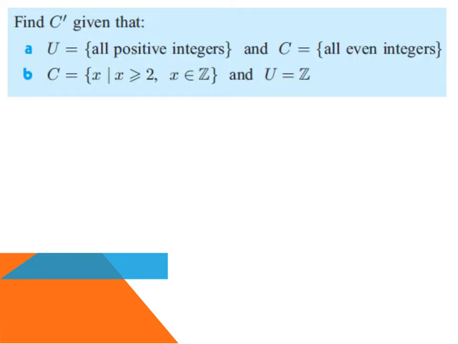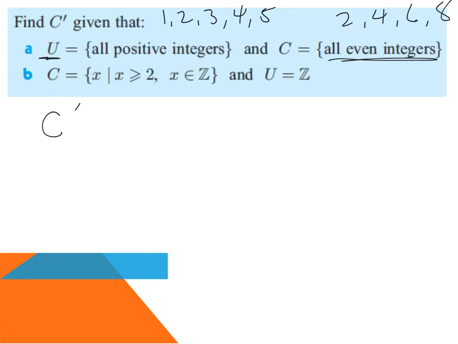Okay, so we want to find the complement of C, given that the universal set is all positive integers. So that's going to be 1, 2, 3, 4, 5, 6, 7, 8, 9, on and on and on. And C is all even integers. So that's 2, 4, 6, 8, and on and on. So we want to know what is the complement of C for part A. If we have the